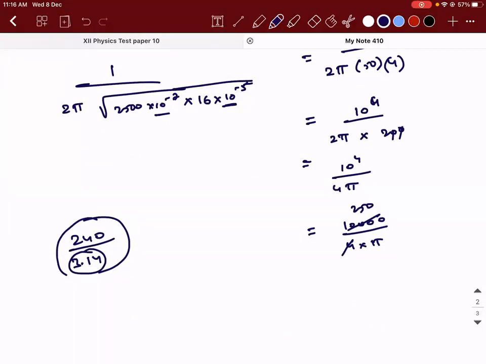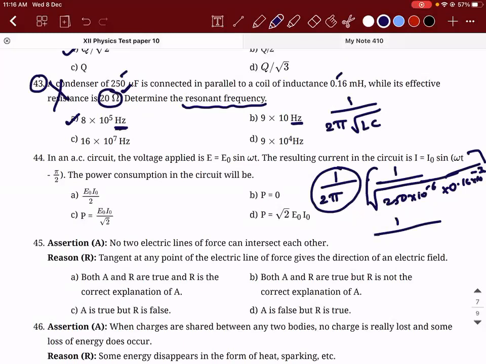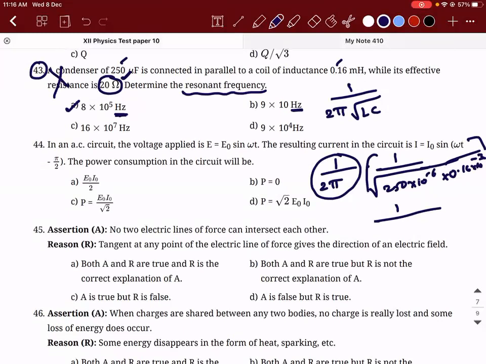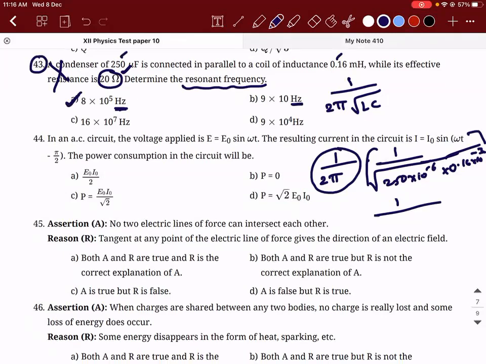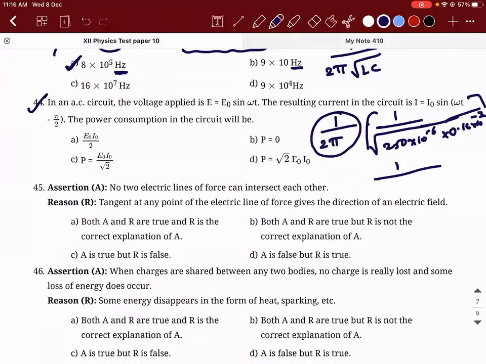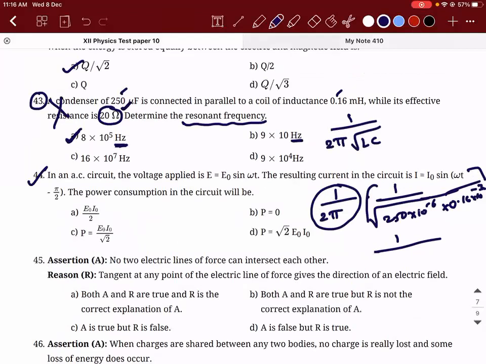So it should be 8 into something. But generally, for that low frequency, we don't use an LC oscillator. So this is the right answer. Irrespective of whatever you have marked, if you have attempted this question, you will get marks. Okay, 44. I hope I'm clear with the concept. Keeping the mistake aside, I hope you're clear with what you're supposed to do if this kind of question comes, provided this resistance is not given.